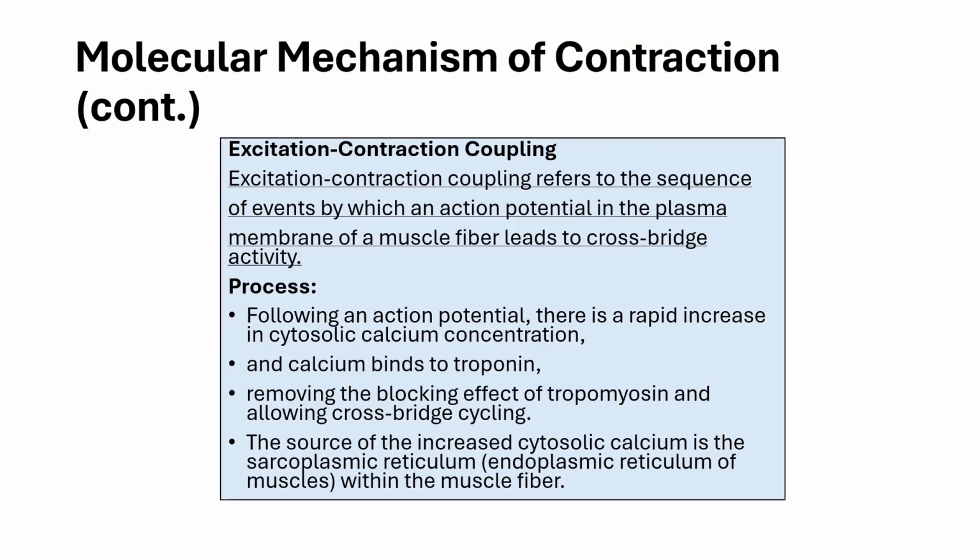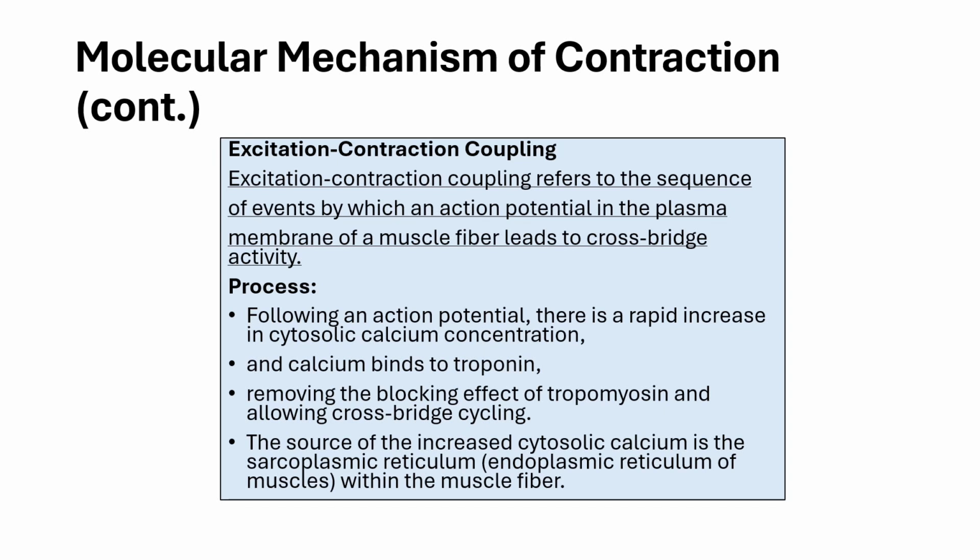Now let's discuss the concept of excitation-contraction coupling, which is the fundamental process connecting the electrical signal in muscle cells to the physical process of contraction. Excitation-contraction coupling refers to the sequence of events by which an action potential, which is a brief electrical signal in the plasma membrane of a muscle fiber, triggers cross-bridge activity between actin and myosin, and it will result in muscle contraction. If we talk about how this occurs, step number 1: